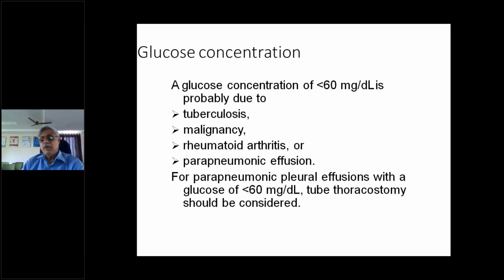Why is it important? Because the treatment differs. It may be a thick fluid, and you actually cannot aspirate the fluid. The treatment of this parapneumonic effusion is tube thoracostomy, which has to be done. So that's why knowing the concentration of glucose is very, very important. In rheumatoid arthritis, of course, the glucose may also be very, very low. It may be less than 30 or even less than 10, just 10 milligrams like that.